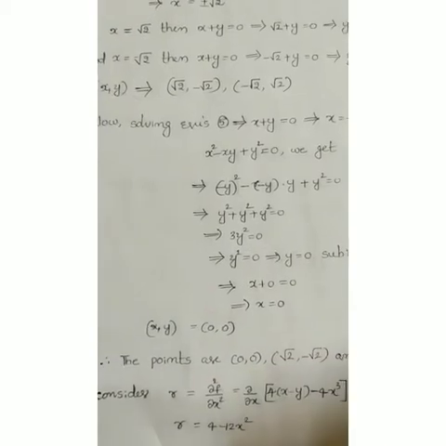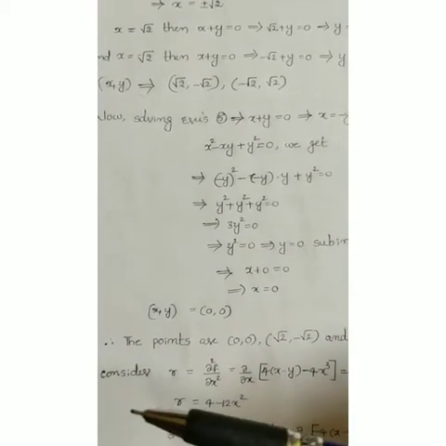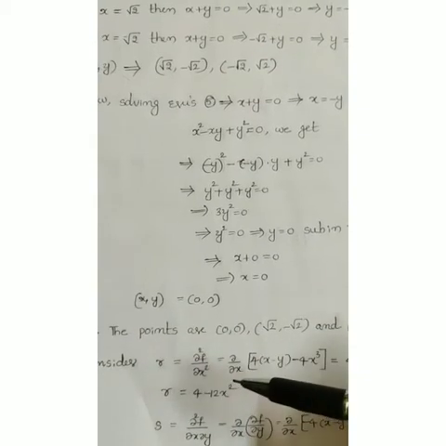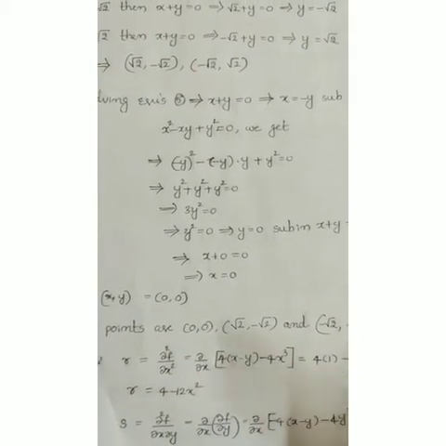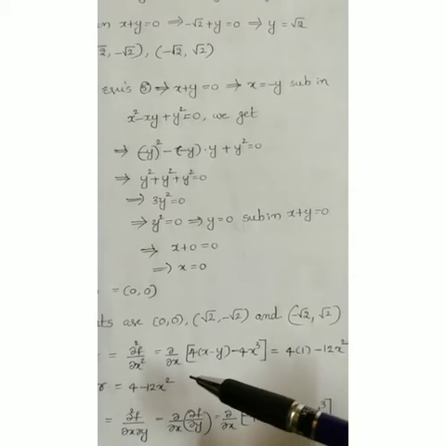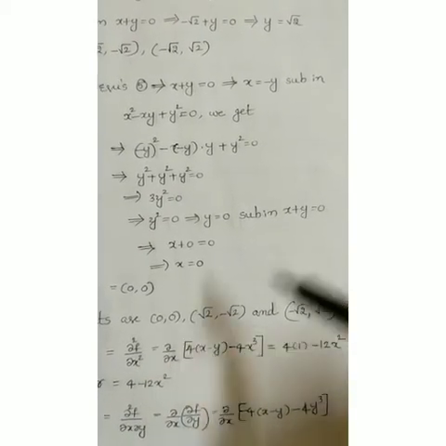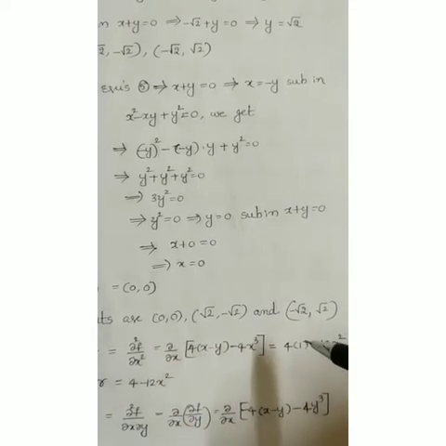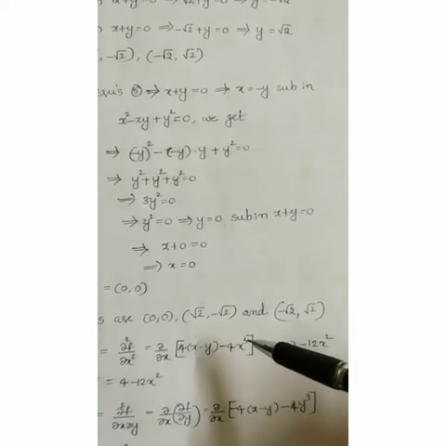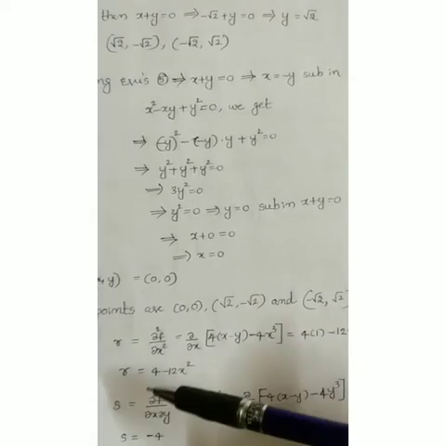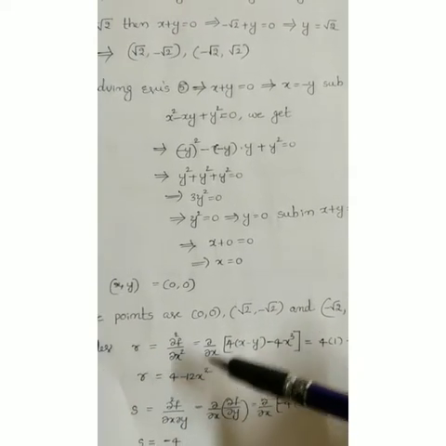Now we have to find out the second order partial derivatives, that is small r, ∂²f/∂x², that is ∂/∂x of 4(x - y) - 4x³. So here we are differentiating with respect to x. So 4y is 0, 4 into x, that is 4 into 1, minus 4x³. x³ gives 3x², so 4 into 3 is 12x². So r value is 4 - 12x².